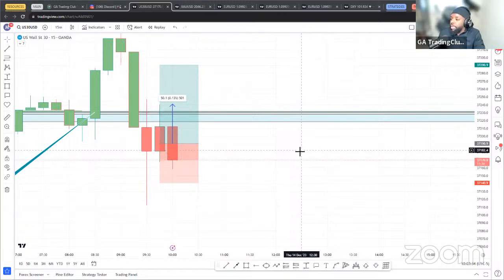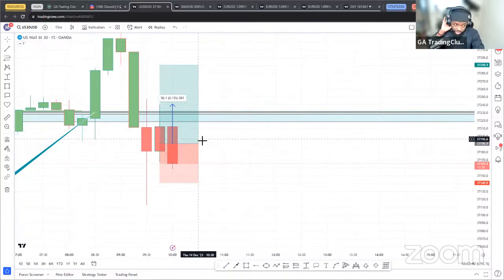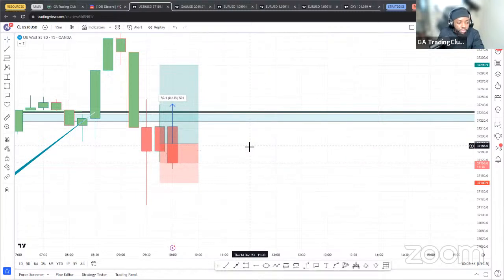All right, this might end up being taken out, but let's see. So there's a PD low there. If that previous daily low gets taken, then that will probably be it for this trade. Because if they take that previous daily low, price might come back down.